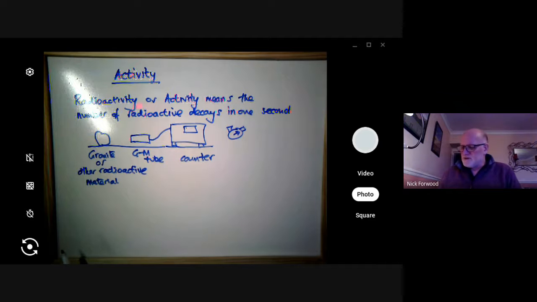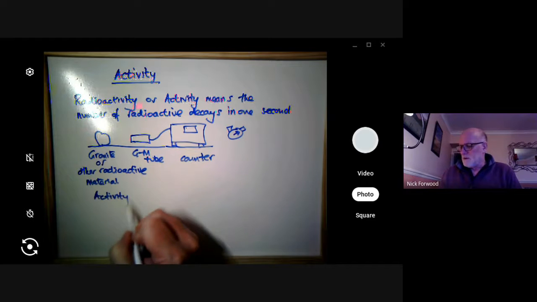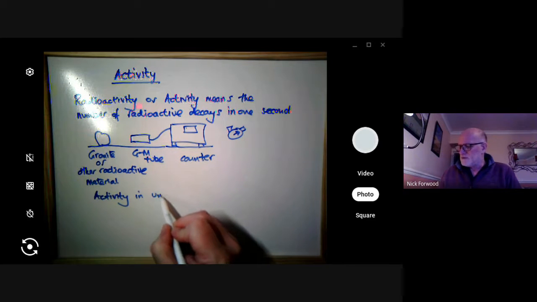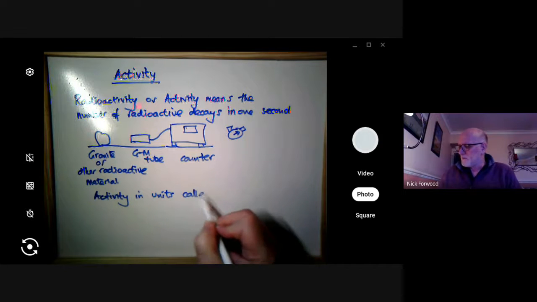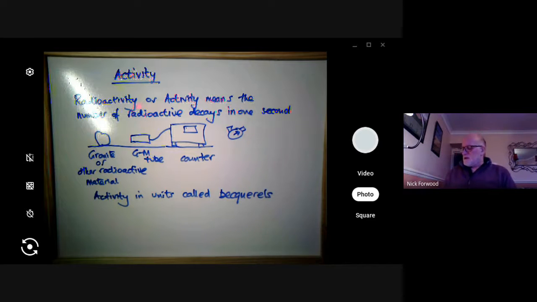Now, activity is measured in units called becquerels. And you've already come across this because Becquerel was the man who did exactly this with the lump of radioactive rock that he had as a paperweight. So activity in units called becquerels. We're a bit rude. We write the word becquerel with a small b, but we can abbreviate that to capital